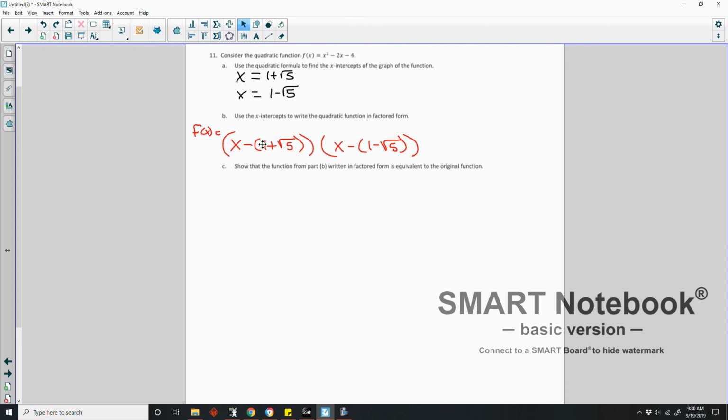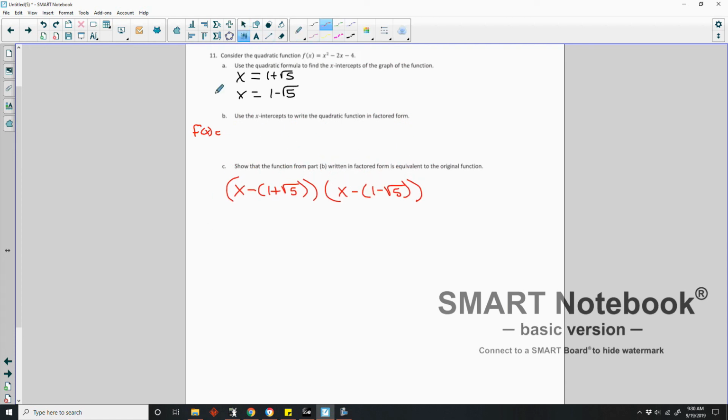Thought I clicked that, it just ignored me. Let's just move this down like this. And I want to do FOIL. So if I multiply the first times the first, I get x squared